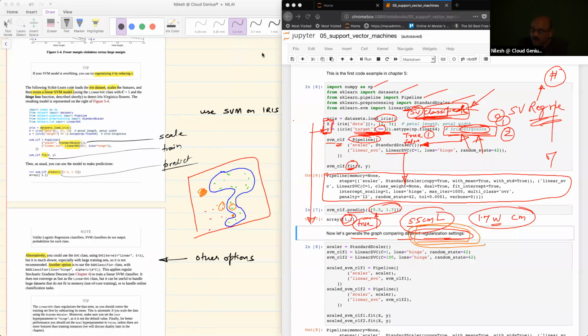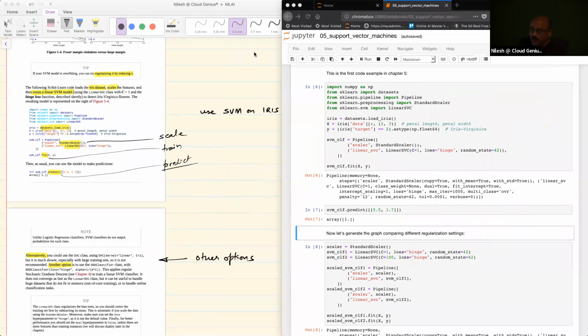And for that we use a parameter, which you will see is called C here. You will adjust the value of C, and it will respond with, so they tell you about this thing called hinge loss. So if you use the linear SVC class with C equals 1 and the hinge loss function